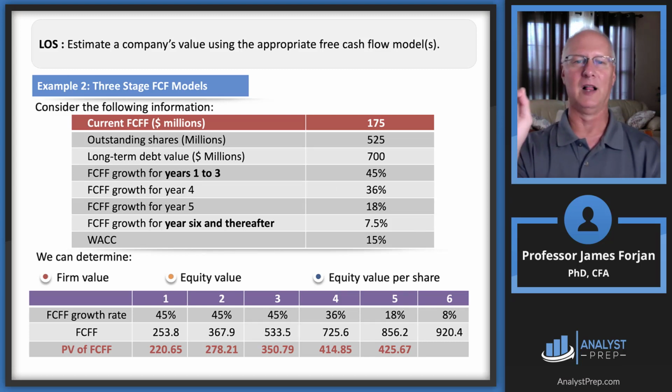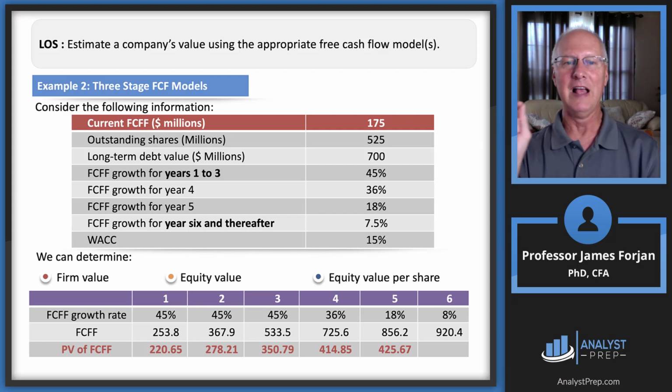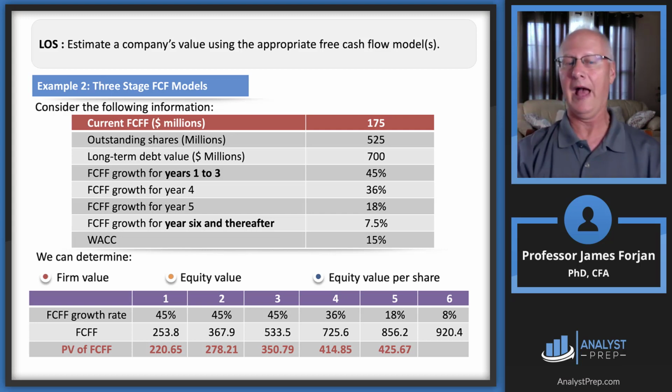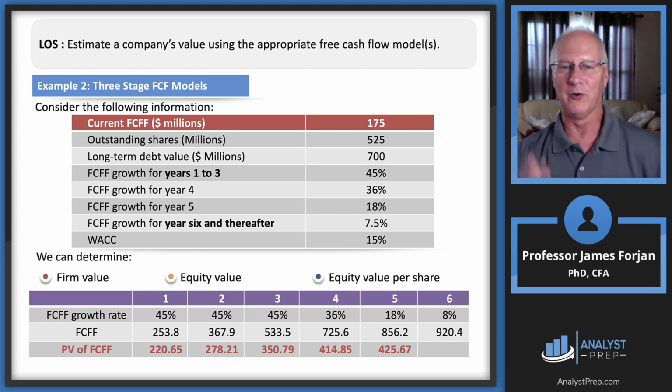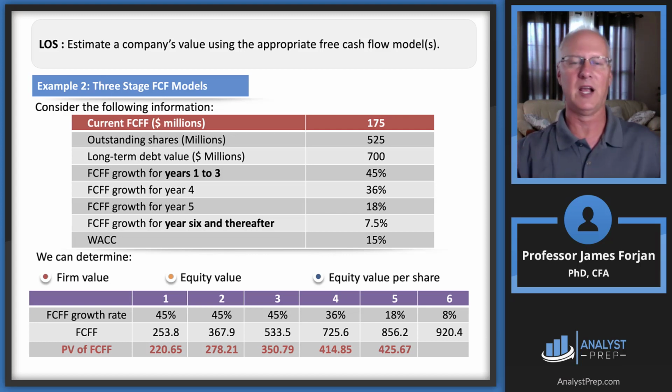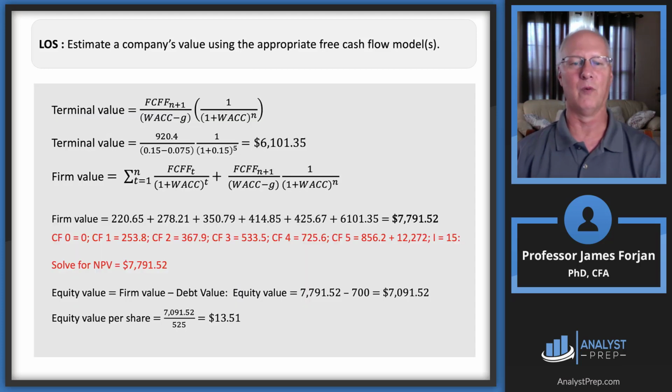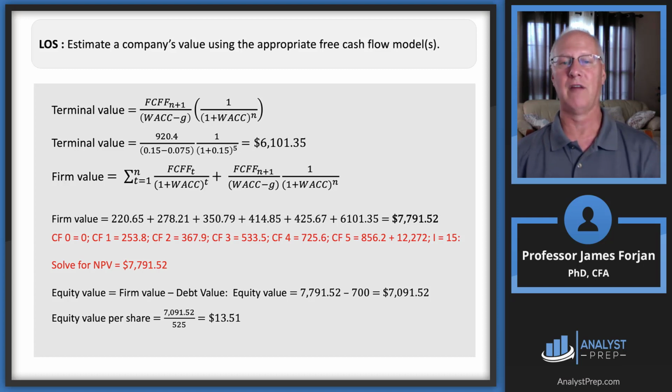Look in the far right column. So 175 and 525, and then long-term debt 700, and you're thinking, okay, Jim skipped over that. Maybe he did it on purpose, but when you're reading the vignette, you skip over that and you think, oh, there's no way I'm going to need that. Why do I need that? What do I need that for? Well, you need it to come up with equity value per share. We need to take that 700 out of the 77.91 so that we can get some kind of a per share value,